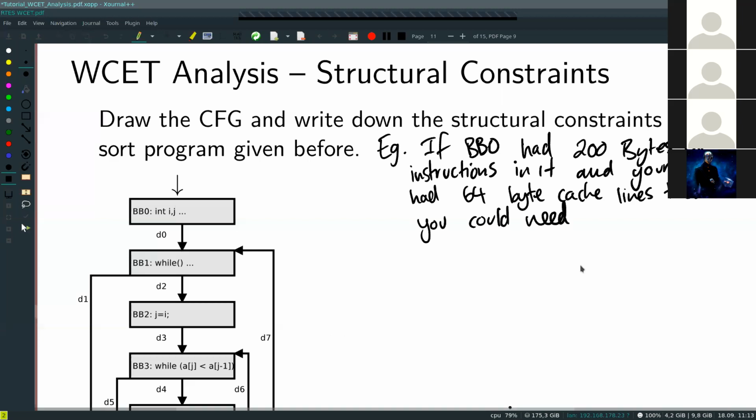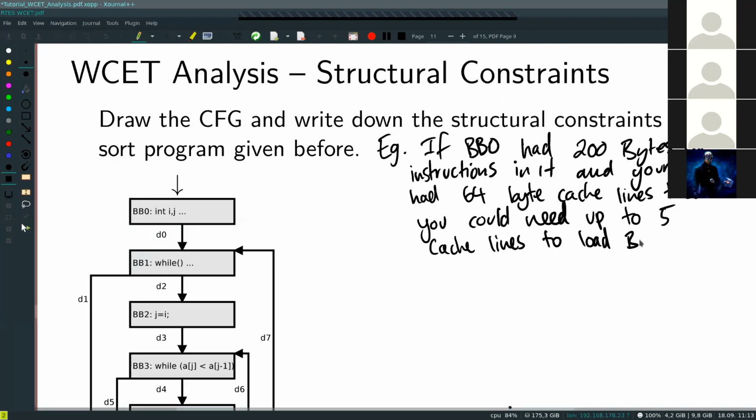We have 64, 128, and then one something, so I think you could need up to 5 cache lines to load